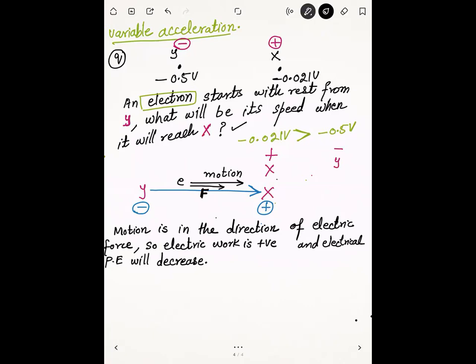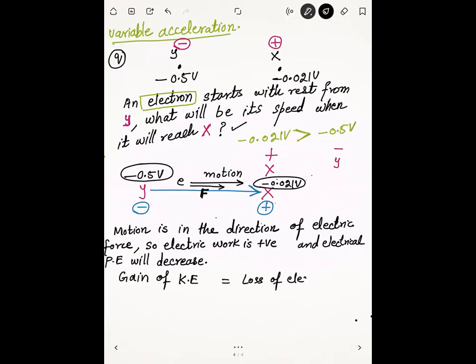And as you see, potential at Y is negative 0.5 volt. Potential at X is, as you see, negative 0.021 volt. X is at high potential, so it is relatively positive. Now, electron is losing potential energy. So the formula would be gain of KE by electron will be equal to loss of